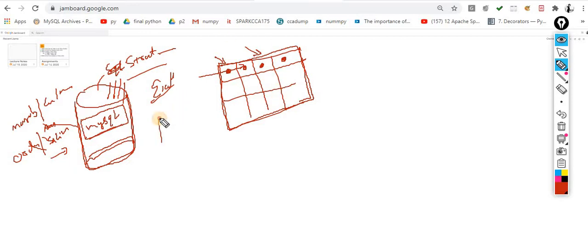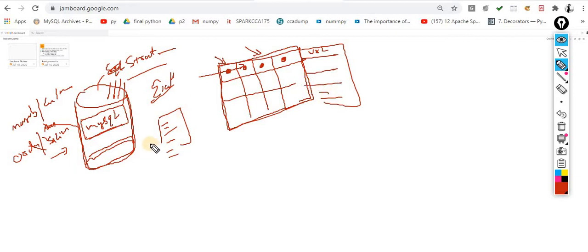In the case of the file, as we saw, that is unstructured data. We don't know where exactly Facebook is written. We don't know exactly where YouTube is written. But in this case, if I make a column, that column is called URL. So we know the URL will be placed in this column.